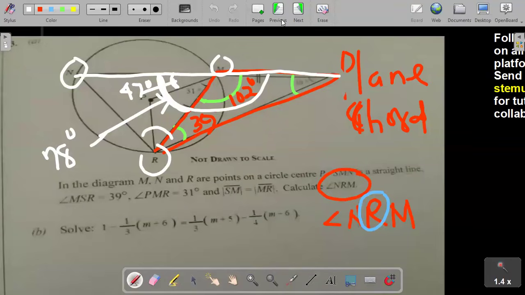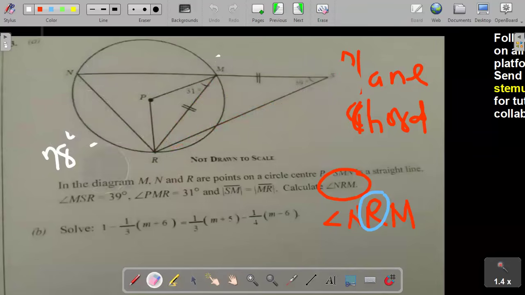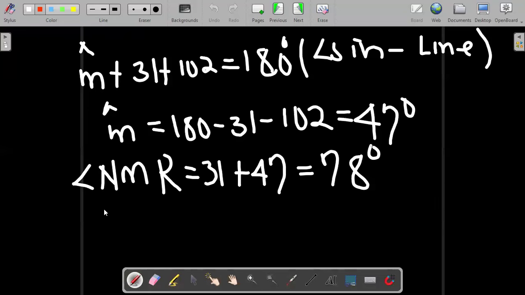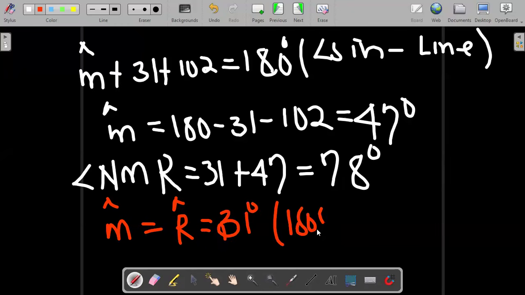So remember we said when you have a chord, here and here, they are also the same, because M arrow is a chord. That means if here is 31, here is also 31 degrees. The reason is an isosceles triangle, because the two sides are the same. So I will say angle M equals angle arrow. Both of them are 31 degrees. Reason: isosceles